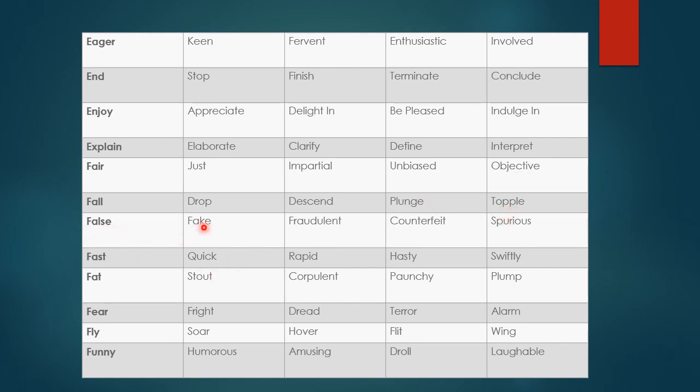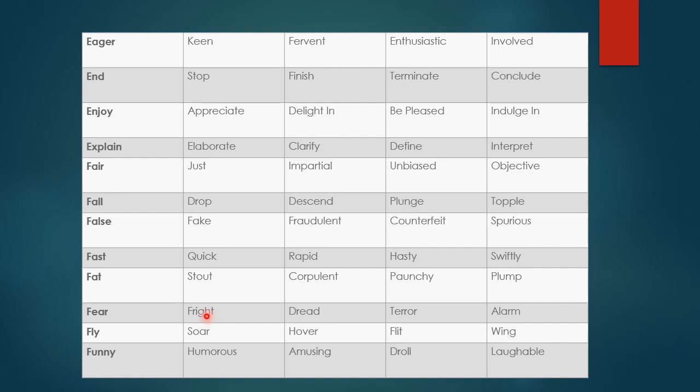False, fake, fraudulent, counterfeit, spurious. Fast, quick, rapid, hasty, swiftly. Fat, stout, corpulent, paunchy, plump.